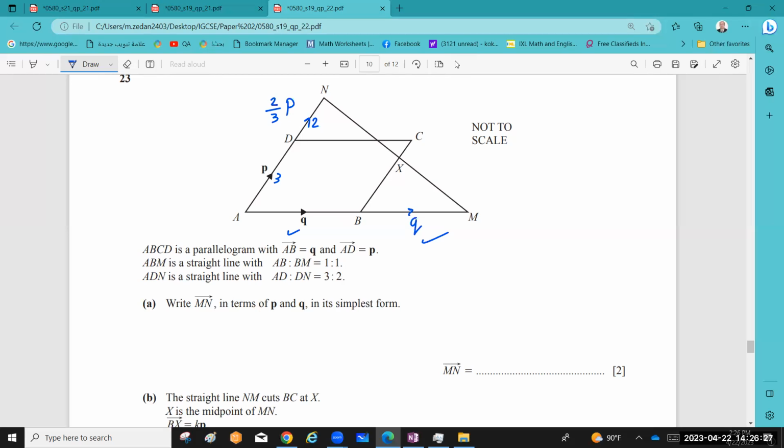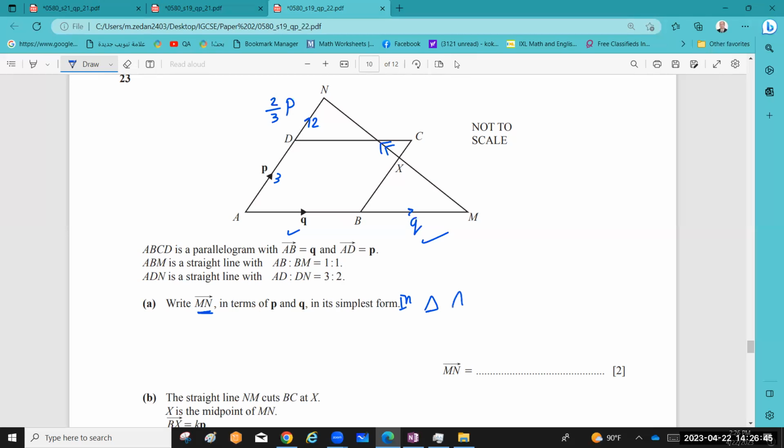Write MN in terms of P and Q. Where is the MN vector? If the vector is drawn, it's okay. If not drawn, you have to draw it. The vector MN is quite easy. This is the third side of the triangle